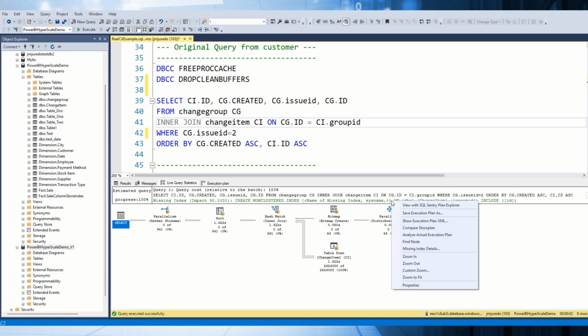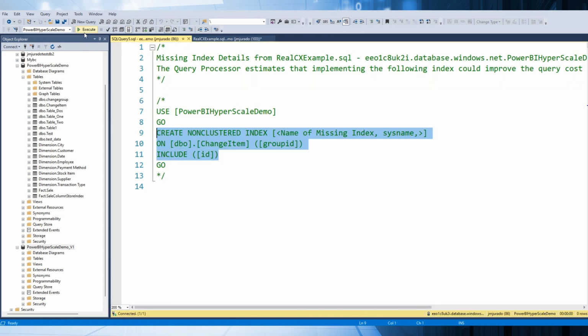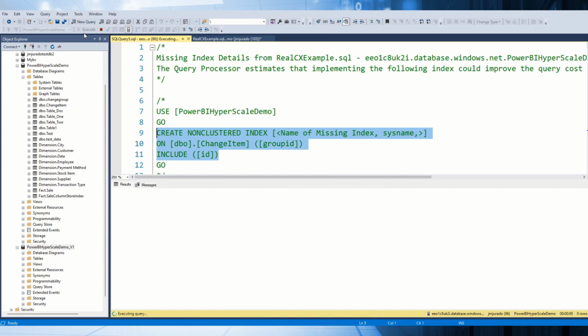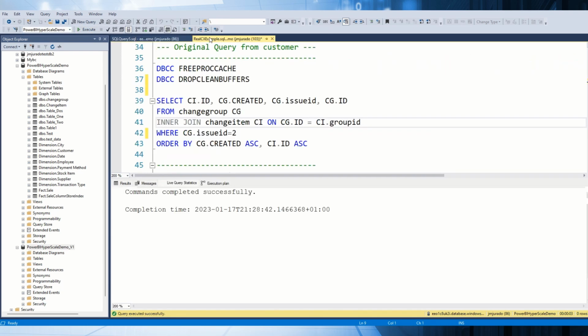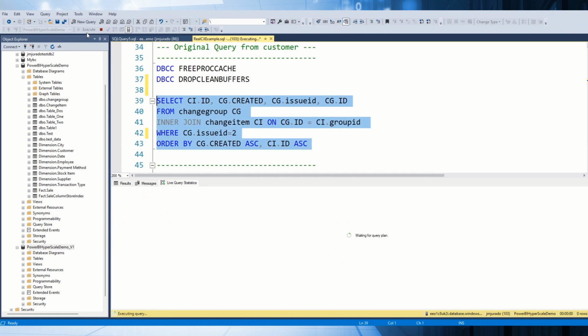But let's try to create this index. As you can see here, you are going to see another execution plan, right? So if I run the query,